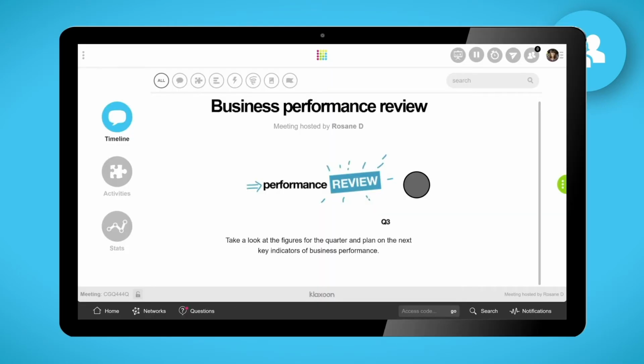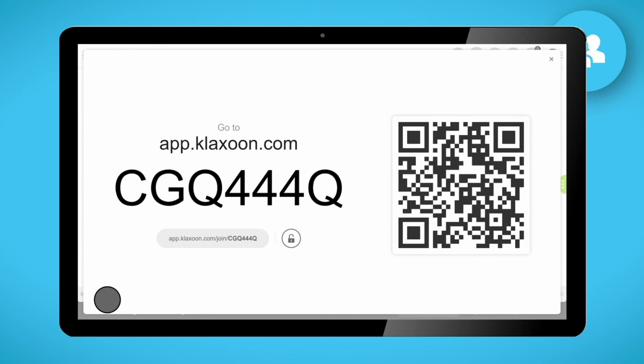To connect the team, several possibilities exist. If the participants are with you in the same room or in remote, click on the bottom left-hand corner on the automatically generated code. You can ask each member to scan this QR code or to log on to this address on the website and to add this code.